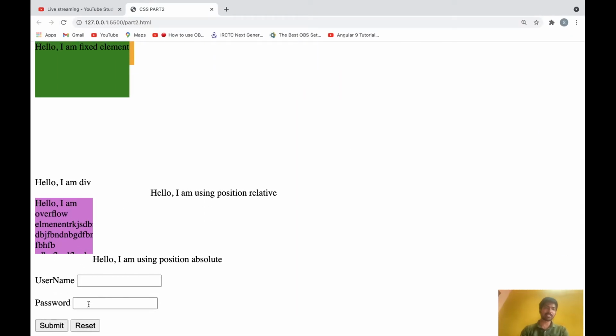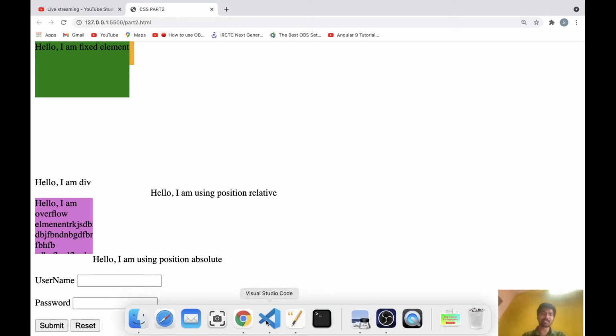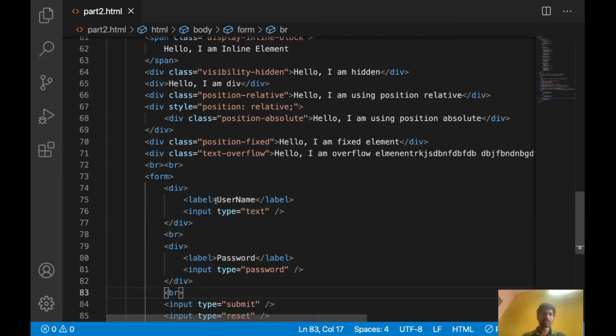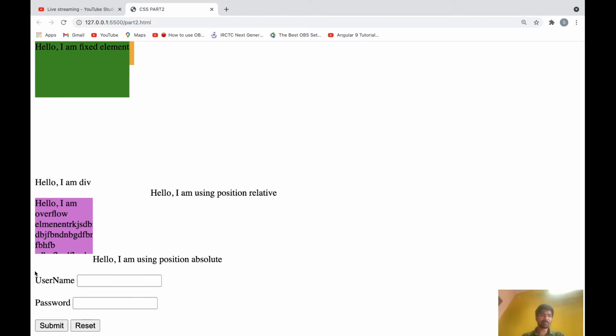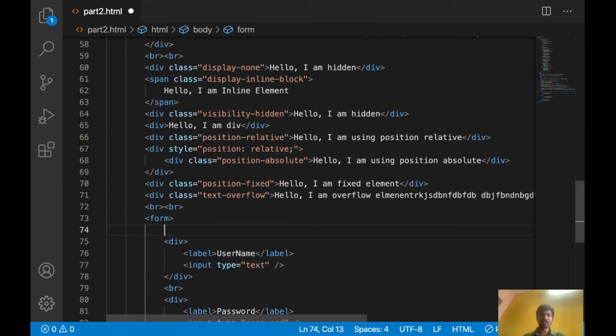It is coming like this, right? So this is not looking good actually, looks-wise. So let's style this one first of all. First of all, let's give some border and title for this. Using fieldset, we will give the border. We can give the border.